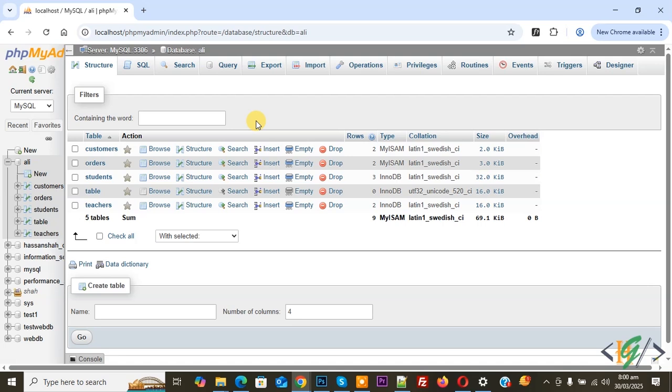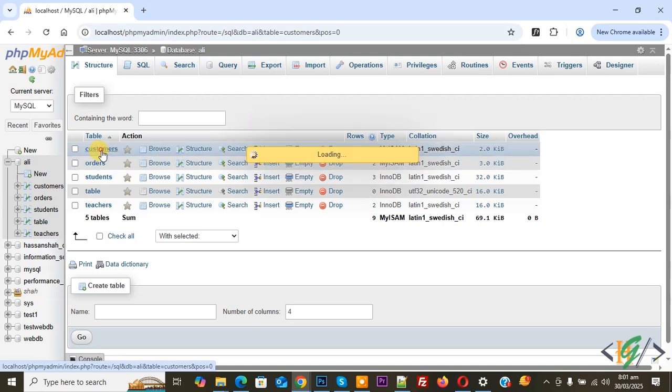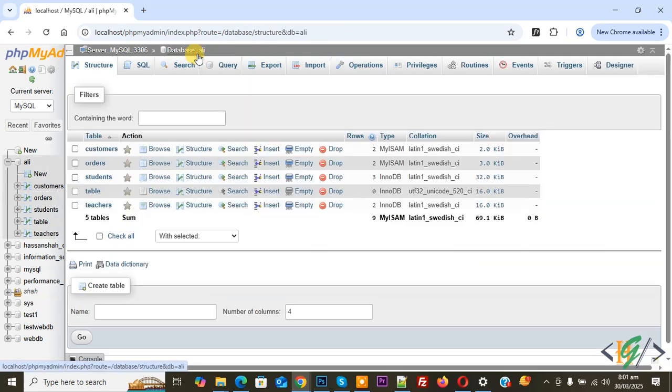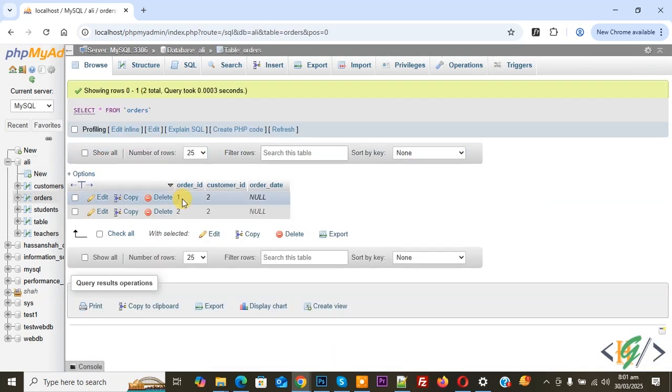We created a customer table and an order table. In the customer table, we set ID as the primary key, and this is our customer name. Now back to the database. In the order table, we set order ID as the primary key and customer ID as the foreign key, and this is the order date. When we try to add a record with invalid data, where the customer ID does not exist in the customer table, the data is still added to the order table.